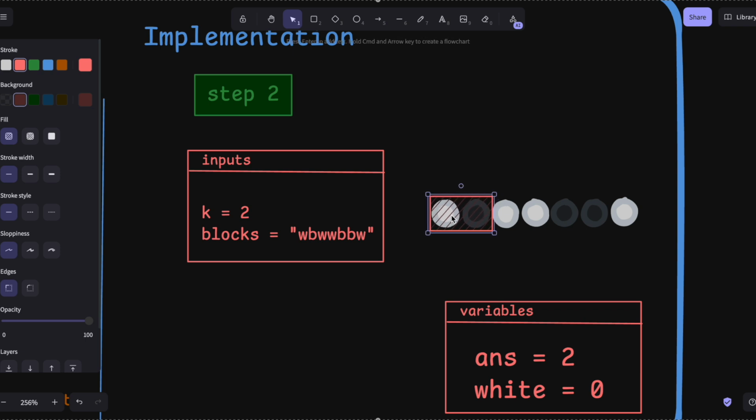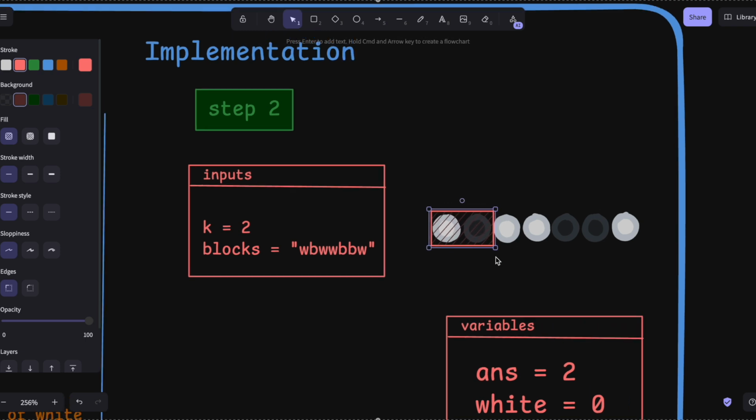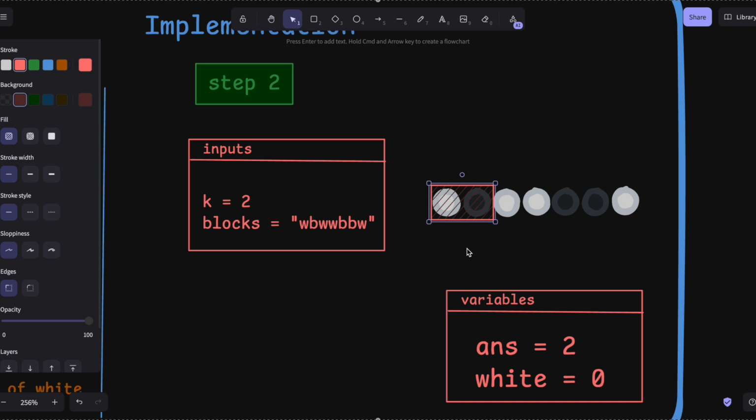at a time. Then let's iterate through each window, and for each window we will note down the number of recolor operations. At the same time, we will also update our answer. Okay, so let's start from the first index. When I start from the first index, this is the first window I get. Here the number of white color elements